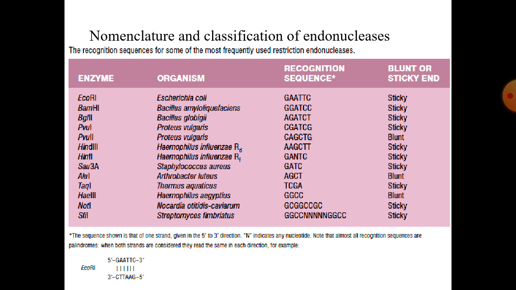One represents its substrain. It is not mandatory to write one, but it is written as many enzymes are derived from this species. And the recognition sequence of this enzyme is GAATTC. You can see GAATTC, and it will be in inverse copy in the other strand, and it recognizes this particular sequence and cleaves at that region, and it produces sticky end. You'll know about blunt and sticky end in the next slides.